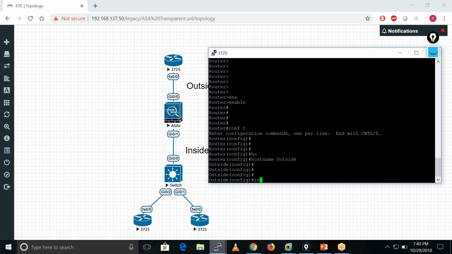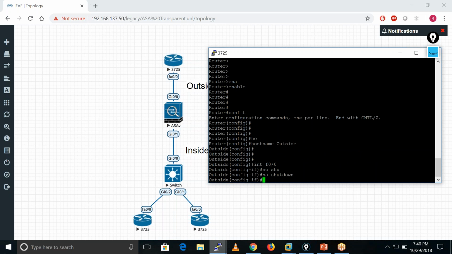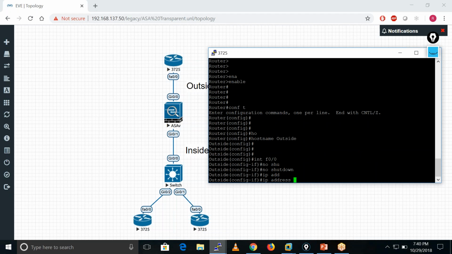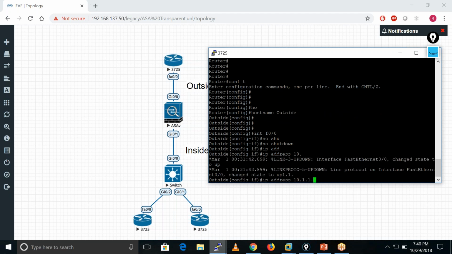Outside interface F0/0. No shutdown. IP address 10.1.1.1 255.255.255.0.